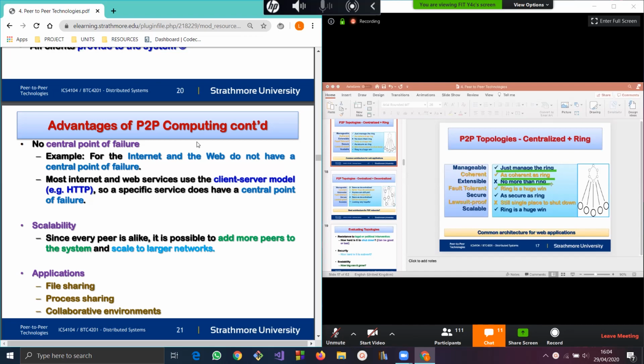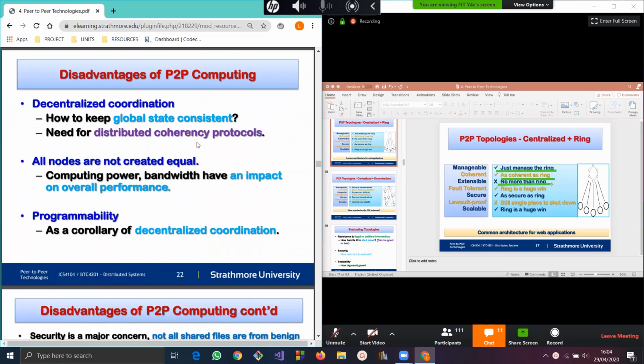Consider, for example, if we have a ring surrounding maybe Nairobi, then we have potential to connect other related counties very nicely. But if it's a smaller ring, we have problems that can cause some bottlenecks. Fault tolerant, the ring is huge, it's a win. Secure, you are secure, the win. Single place to shut down, so you just go for the ring and shut it down. Scalable, the ring is a huge win because you can utilize that capability. Like I said, the larger the ring and the number of nodes, the better it is in terms of